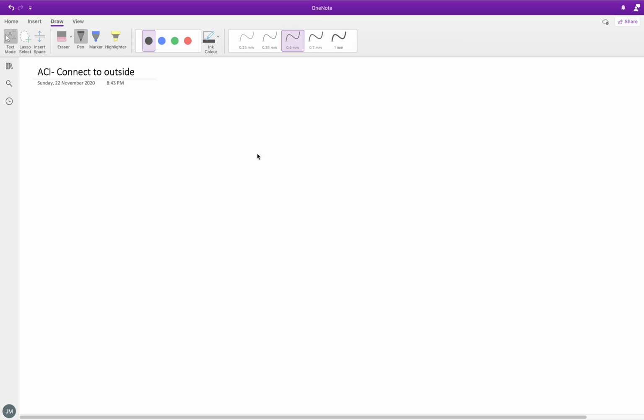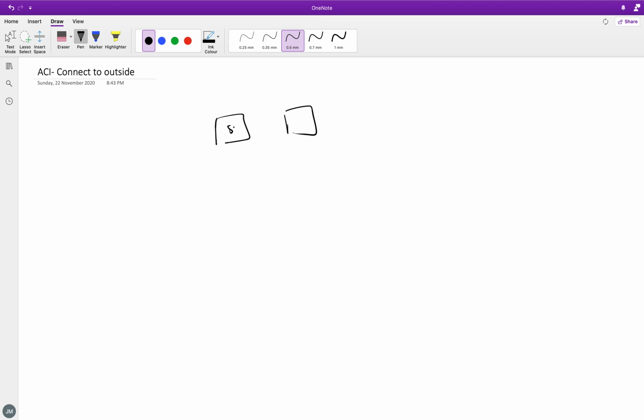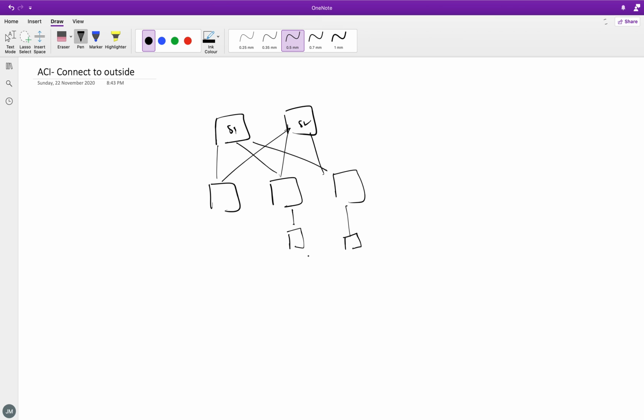So what do I mean by that? Technically this is how it's going to be. You've got your spines, say spine 1, spine 2, and we've got our leaves here. When you have something like this, unless you're doing a greenfield deployment, you will always have a need to extend your network outside, or connect your ACI to the outside world. Though you might have some of your clients hanging from here,